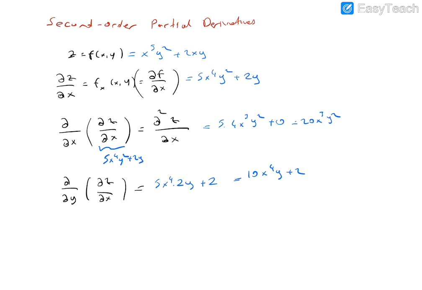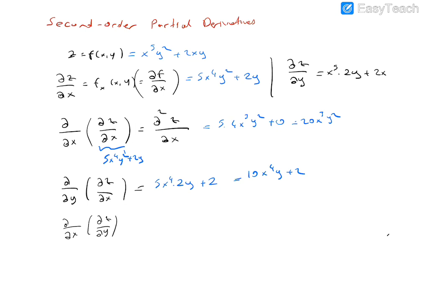As you know, we can calculate the derivative of f with respect to y also. So here, the derivative of z or f with respect to y equals, now the x term should be considered a constant, so x to the power 5 times the derivative of y squared, 2y, plus the derivative of 2xy, which is 2x, because we consider 2x constant and the derivative of y is 1. So from here, by differentiating this function with respect to x and y, you can calculate the other derivative.